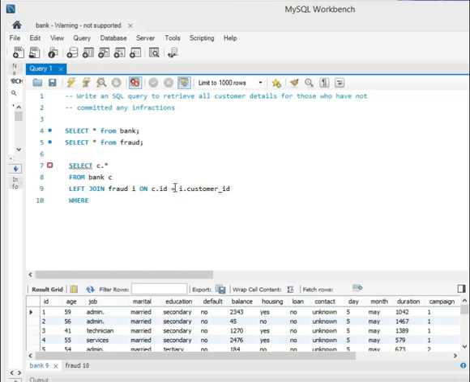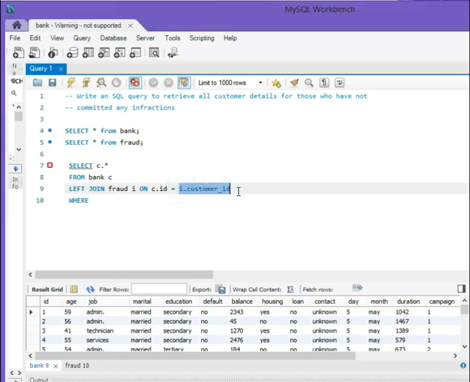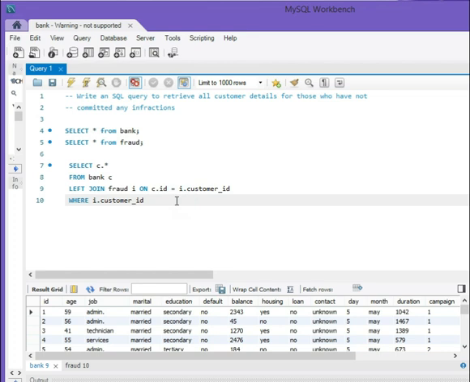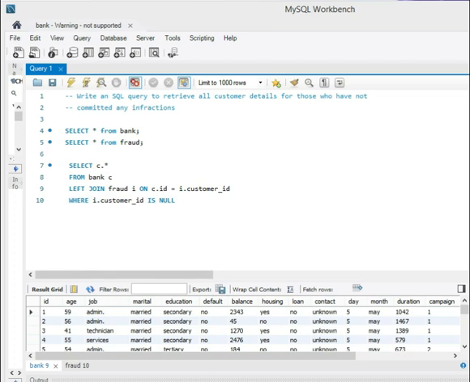So for that we will just copy this reference to the IDs from the fraud table is not. So in other words, this condition helps us identify all customers in the bank table who don't have